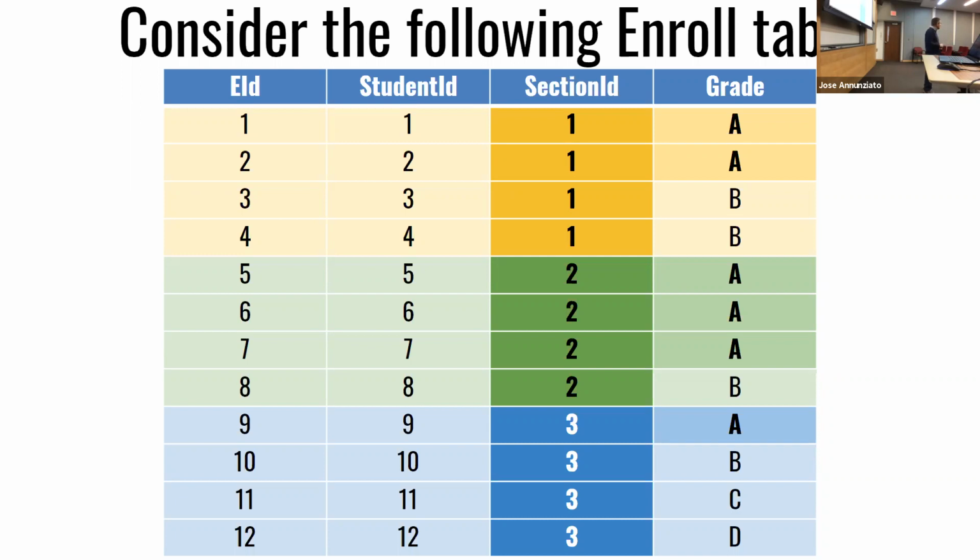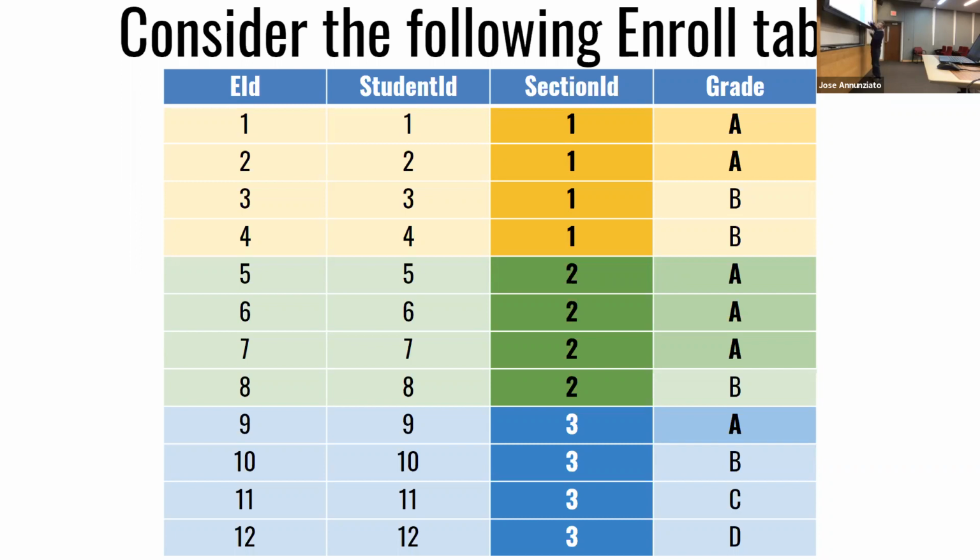I can count, for instance, how many A's there were in that bucket, right? And so it says, well, in bucket 1, there are 2 A's. In bucket 2, there's 3 A's. In bucket 3, there's 1 A, right? I can do all sorts of things. I can just count, I can do average, I can do max, min, and there's a whole bunch of aggregation functions, right, that allow me to basically